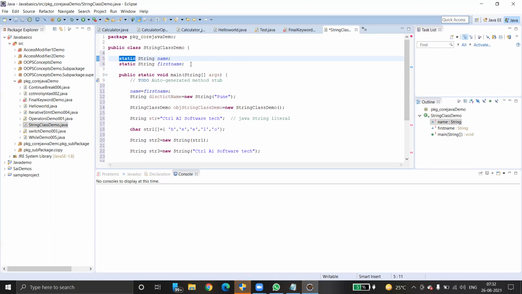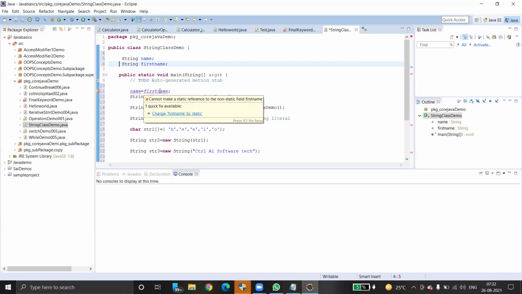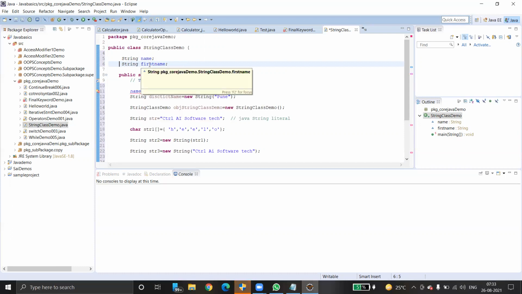Whenever you create variables after the class keyword, what happens? They actually have a scope of class. That is the reason we have to add static, public static, right? But if we remove static, then also it is fine, right? There is no necessity to add static in front of string. See, we got an error: cannot make a static reference to the non-static field first name. So this is first name, and we are trying to assign it to the name. Because unless you make it static, you can't assign.